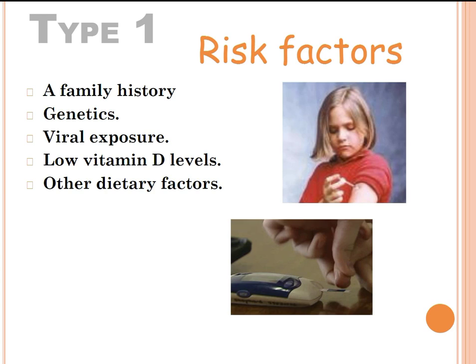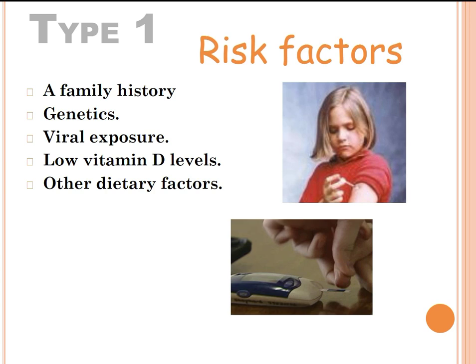Additionally, the timing of the introduction of cereal into a baby's diet may affect their risk of type 1. One clinical trial found that between ages 3 and 7 months appears to be the optimal time for introducing cereal. The exact cause of type 1 diabetes is not completely understood, but there is ongoing research to find treatments